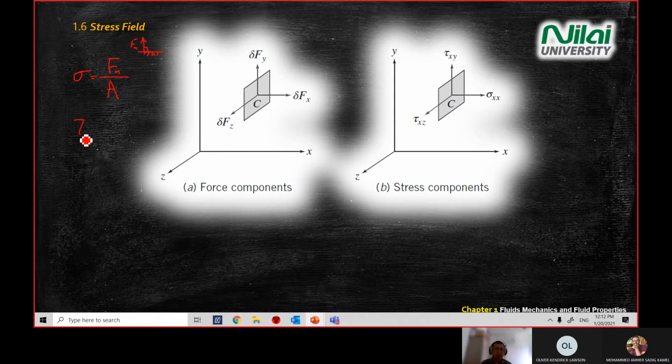And we talk about shear. Shear also is a stress. Shear stress also we take force divided by area. However, our force will be parallel to the area,